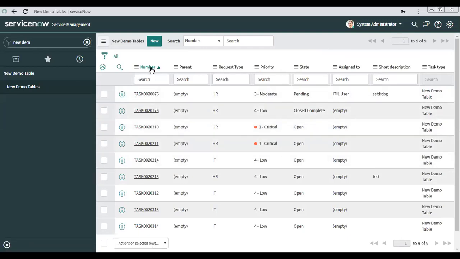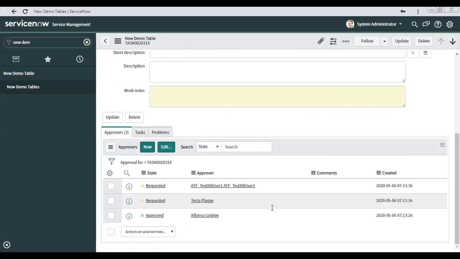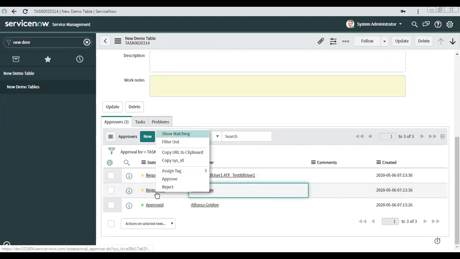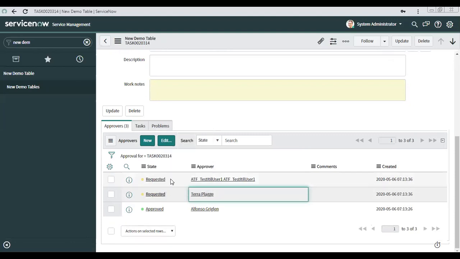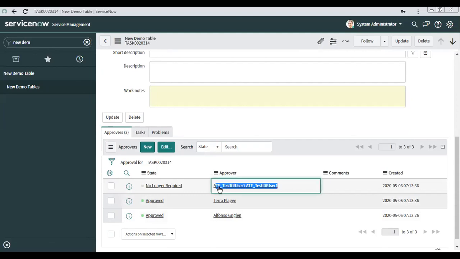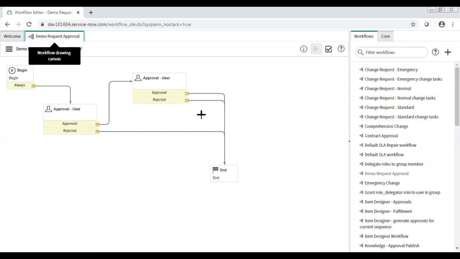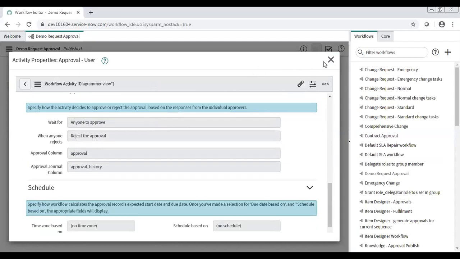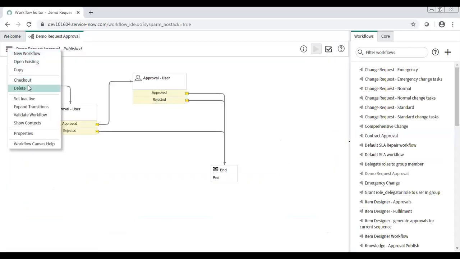Achha, in that workflow we have mentioned, na? Yeah. It all depends on how you want it to be. It will trigger all the users of this group plus the user we selected. So if any user approves it, yeah, anyone can approve. So now the other one is no longer required. Perfect. So here you got the option. So if I open this one, let me check it out.